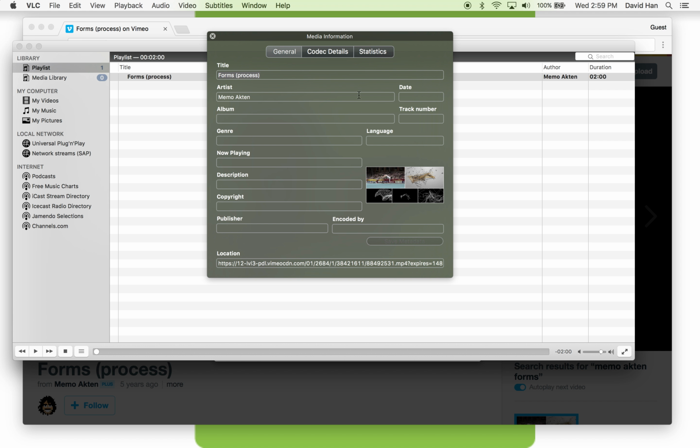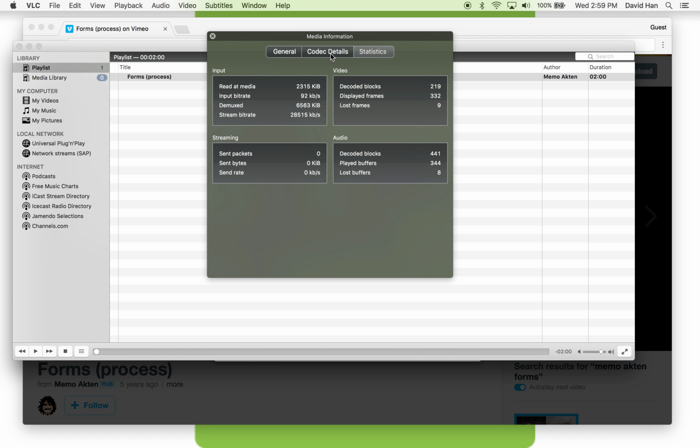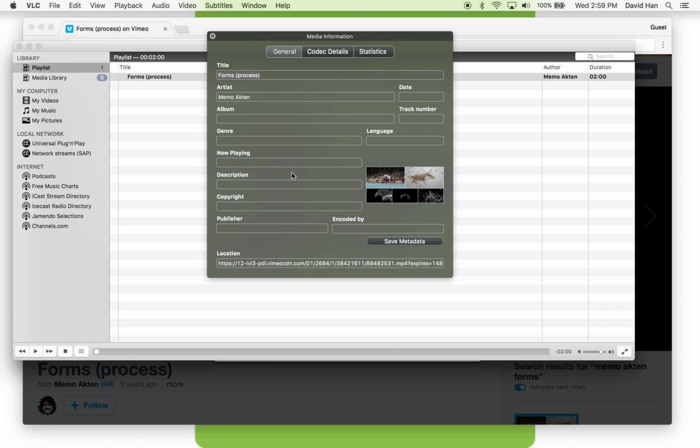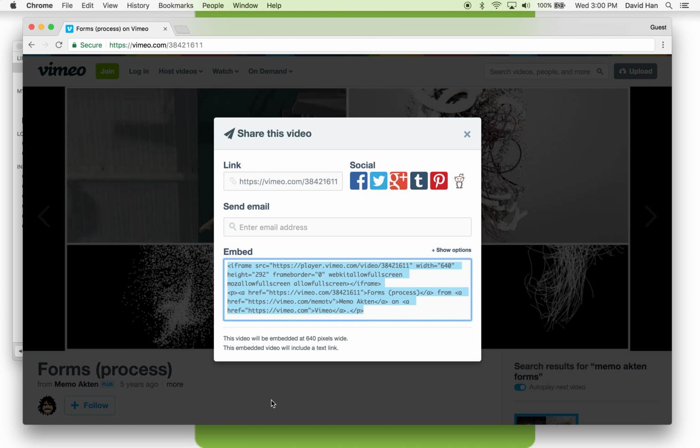Now this window outlines a bunch of metadata associated with the network source. And what we want for our purposes for downloading this video is this bit of information at the bottom under location. I'm going to triple click on it to select it. And you'll see it's a very long URL. Edit, Copy, to copy this URL, and go back into a browser,